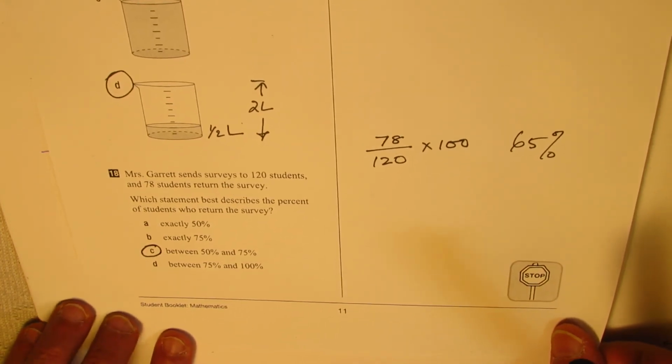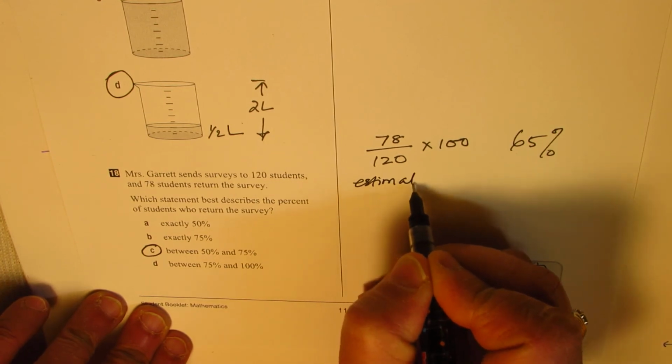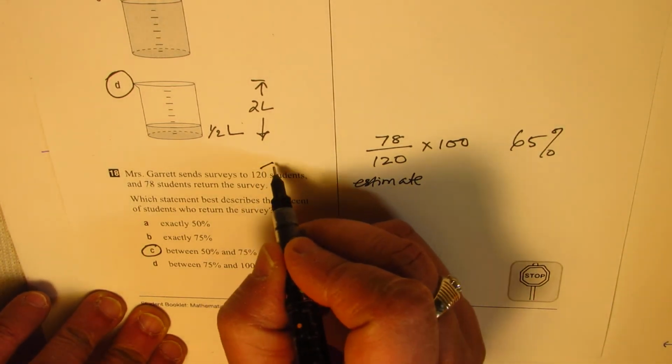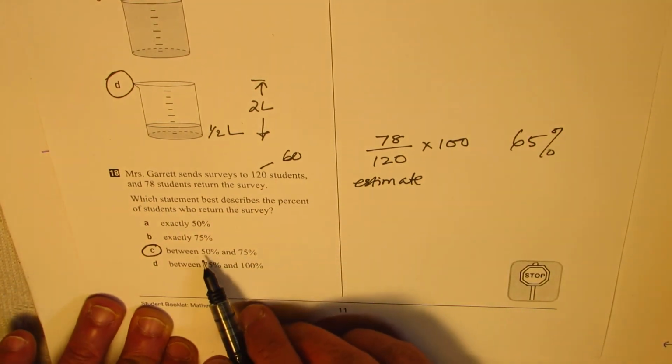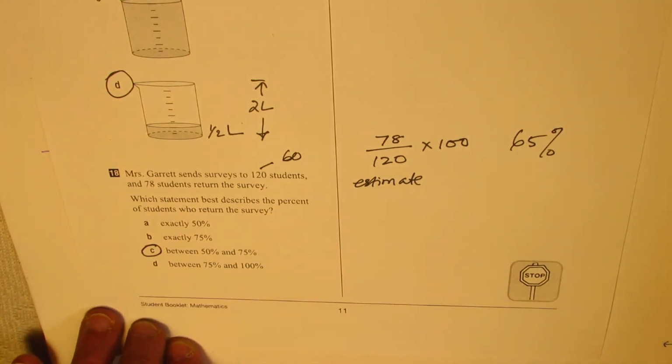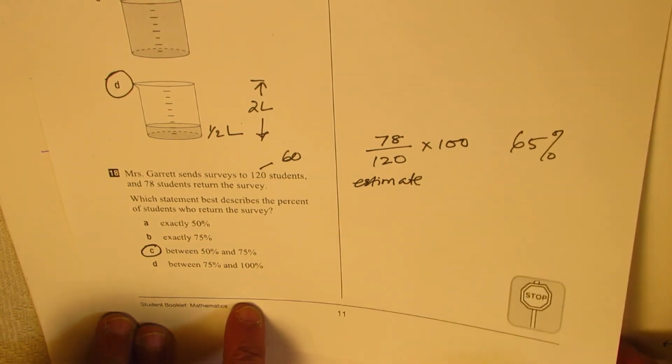So you could calculate or you could estimate. Correct? You know, half of 120 is 60. Since it is more than 60, it is more than 50%. You get an idea. So you could estimate also. But since calculator is allowed for such questions, I'll prefer to calculate the answer and be sure of what we